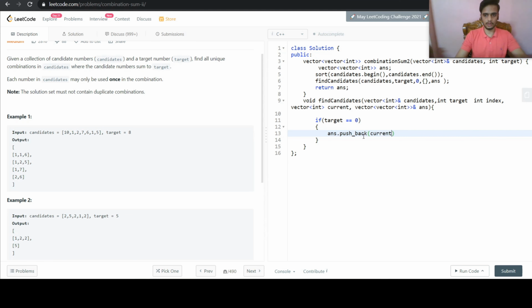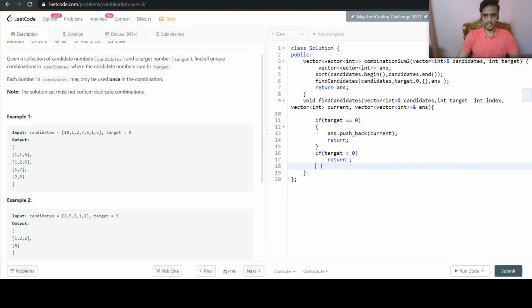So current will hold all the candidates that have summed up to our target, and if while summing it all up the target has become 0, then we have reached the list of candidates that are required. So we'll just push it back to the answer, and then return. We'll have another case. It may happen that we don't find it and our target becomes less than 0. So in that case, we'll just return.